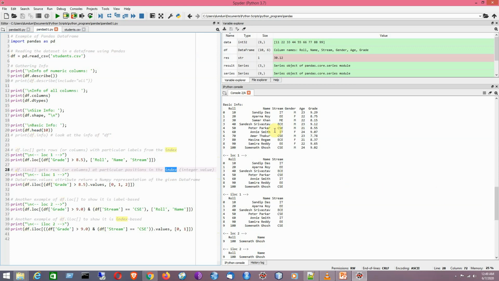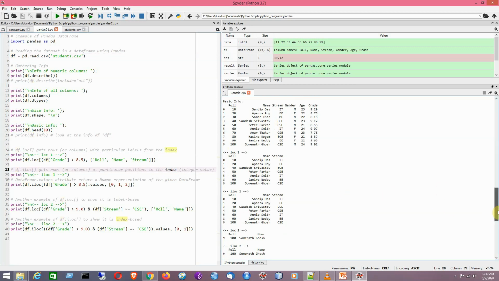Say, for example, this is my given data. That is a student record, stored in the data frame. Now if I apply df.loc, within which I have df grade. Grade means the grade value. If the grade value, which is a floating point number, is greater than 8.5, just print roll number, name and stream.